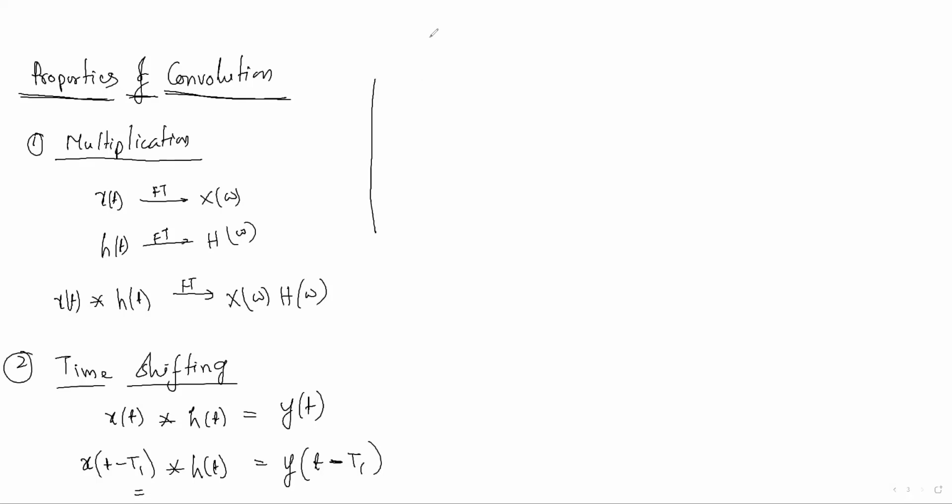Somebody asked, sir, what will be the shifting if both the signals shift? What will be y(t) if both signals are shifted? Okay, let me go sequentially. First I am taking shifting only in the x signal. Now the third case: if x(t) is kept the same, but we shift h(t) by t2, any time duration, then the output will also shift by that same quantity t2.